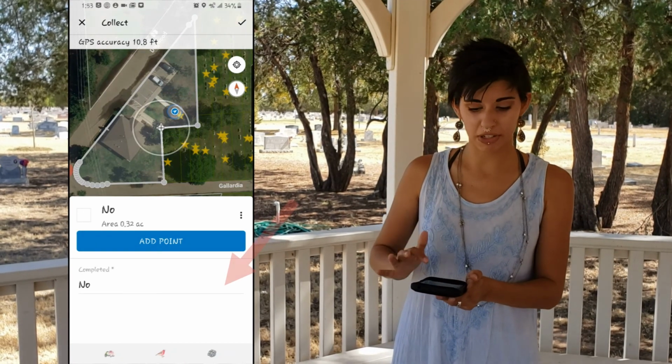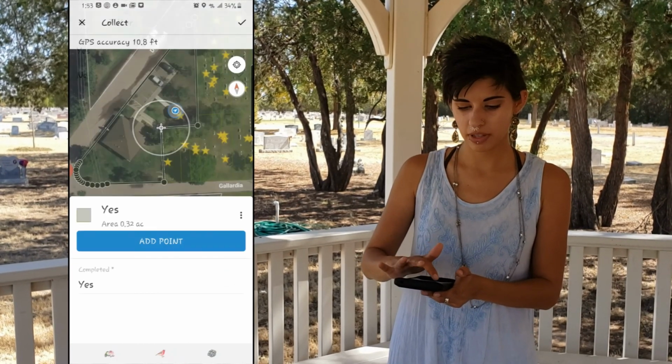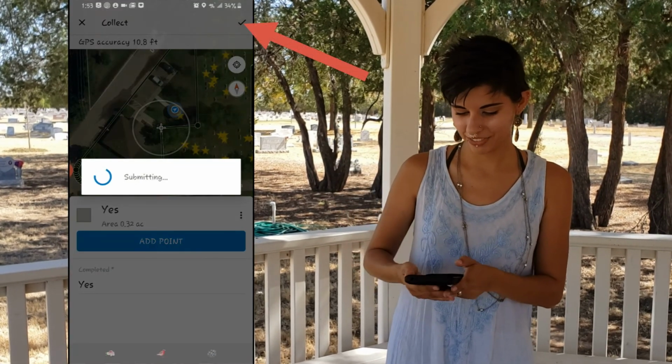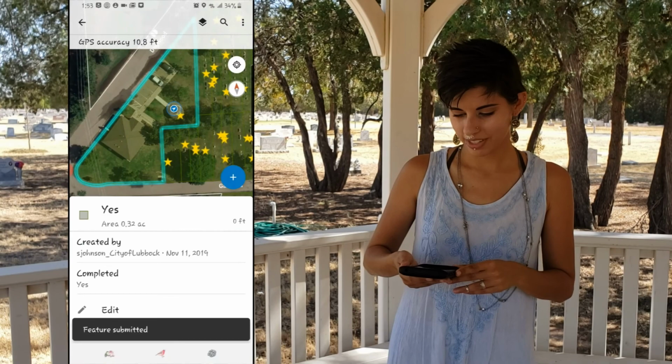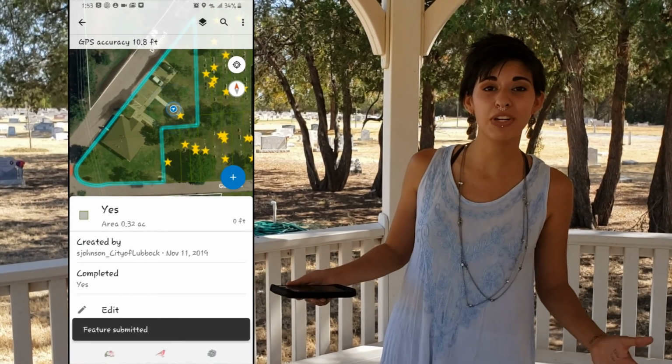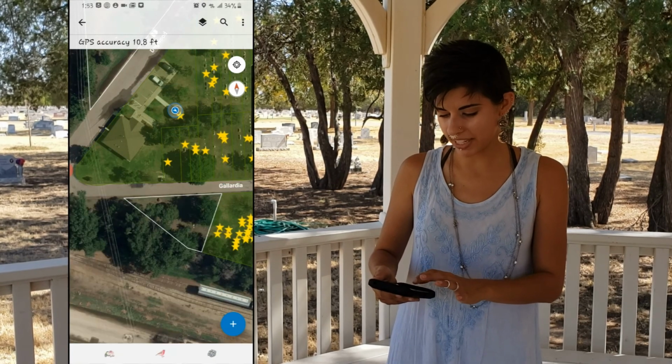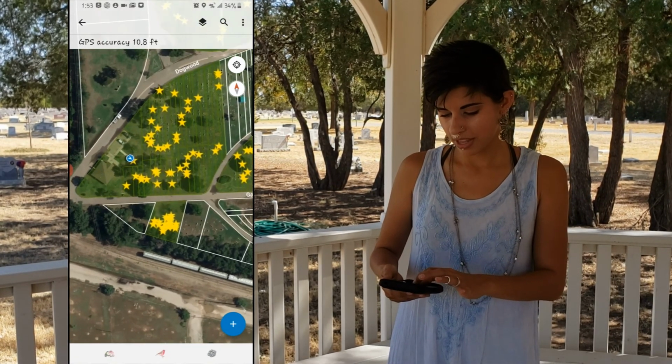And we just have one field here, completed, yes or no. We did finish it. And then again, hit that check mark icon. All right, and it turns green, and now everyone knows that this area is done and that they need to look elsewhere to find these headstones. So that is